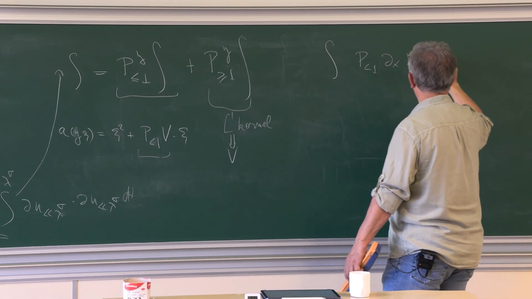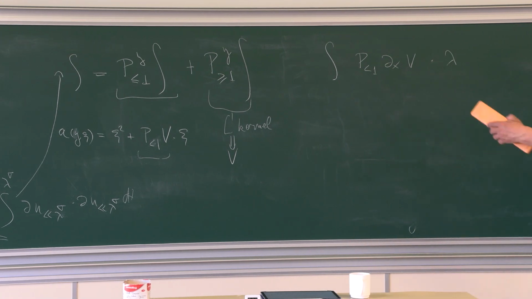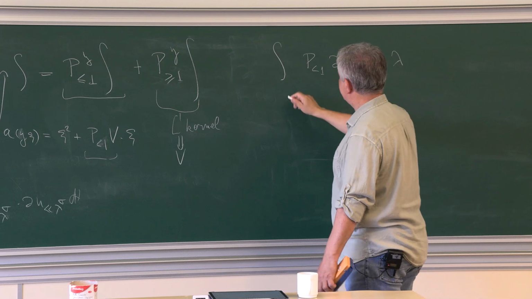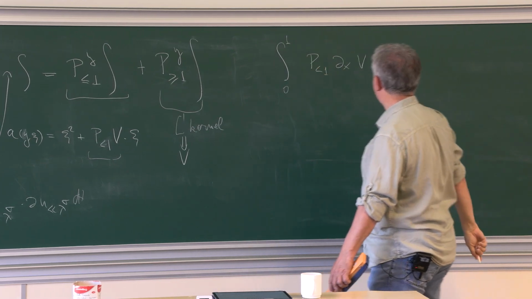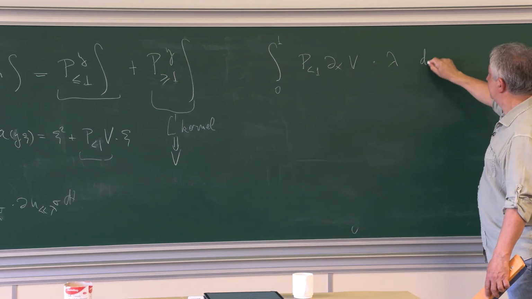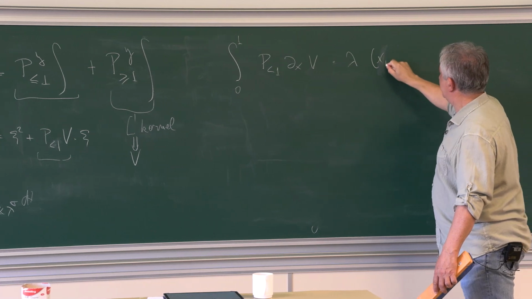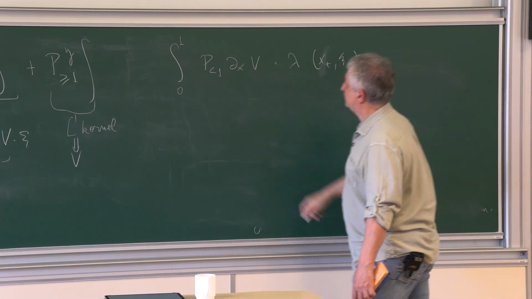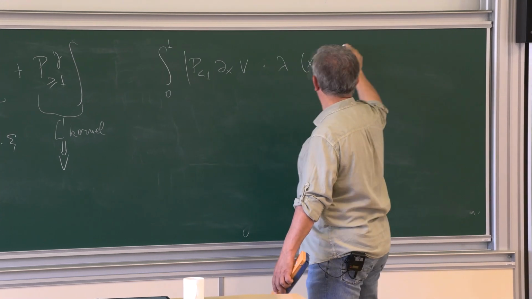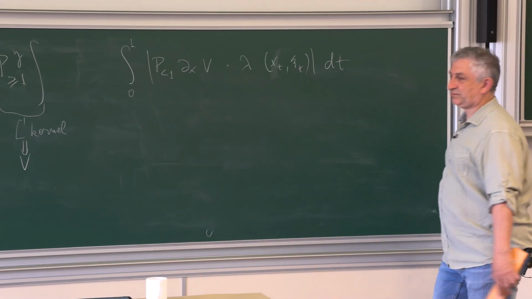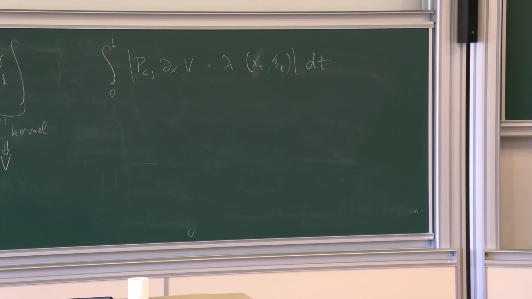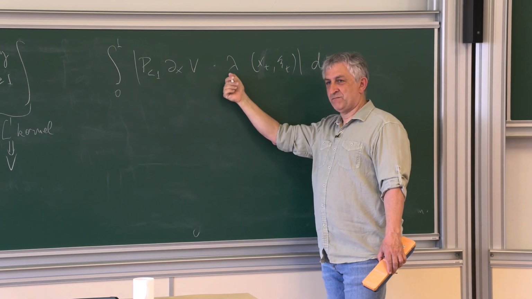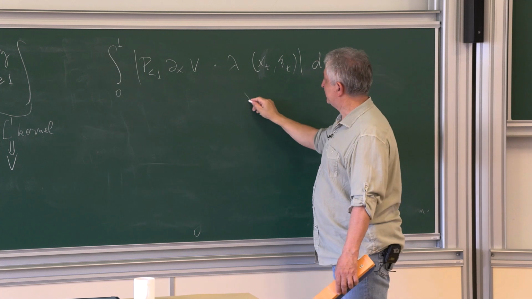Okay, so I'd be looking at p less than 1, dx of v times lambda. Xi is my frequency factor, which is of size lambda. And this is the integral from 0 to 1 in time. And this is evaluated at x(t), psi(t). So this is along the Hamilton flow, absolute value, dt. So I have a bad factor of lambda, all right? But lambda times dt,